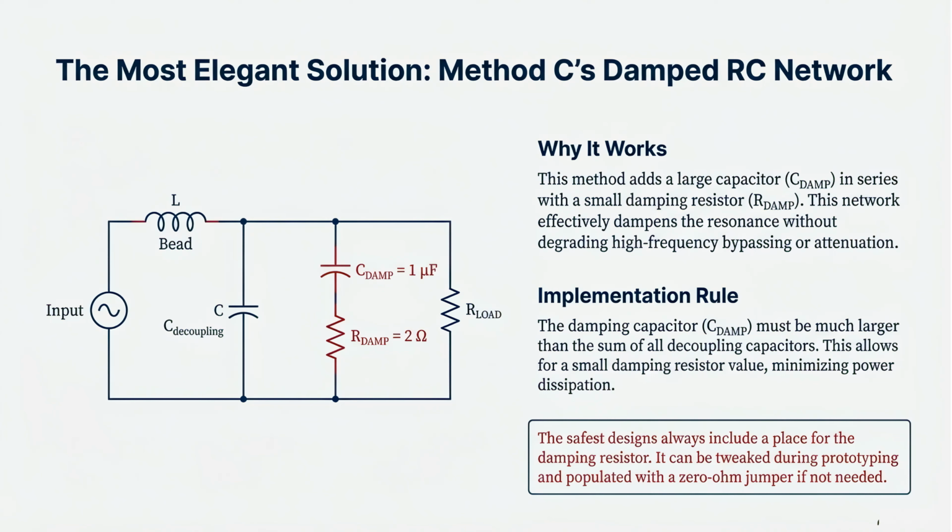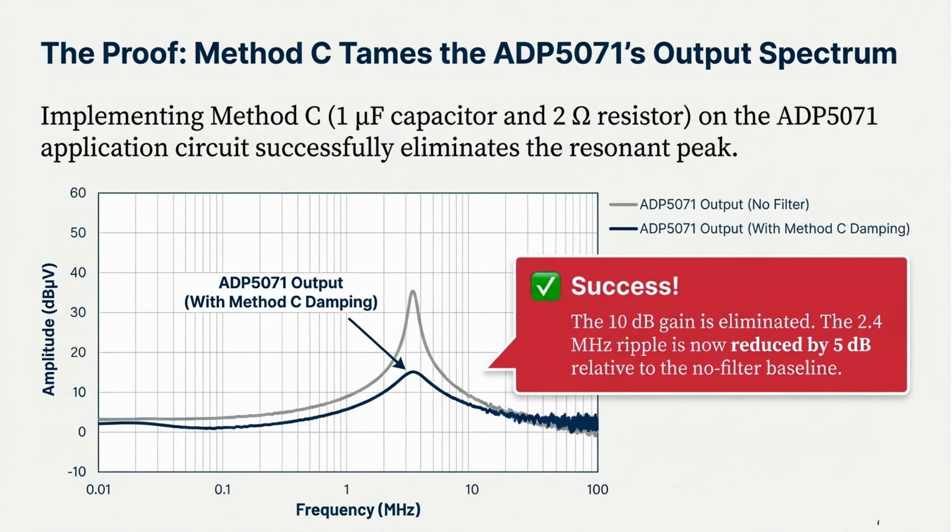This network effectively dampens the resonance without degrading high-frequency performance by adding a large capacitor in series with a small damping resistor. Implementing Method C on the ADP5071 successfully eliminates the resonant peak. The 10 decibels gain is eliminated, and the 2.4 megahertz ripple is now reduced by 5 decibels relative to the